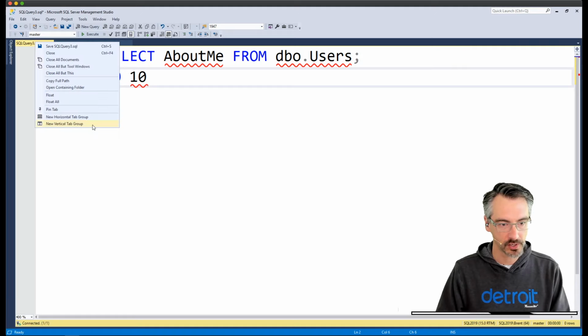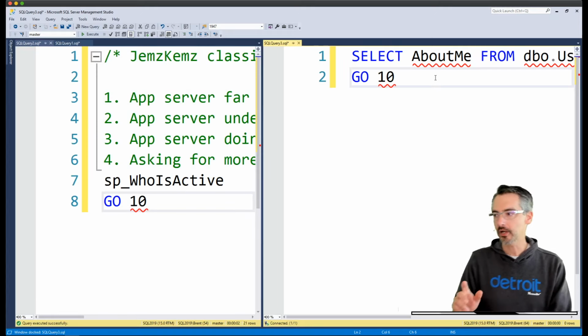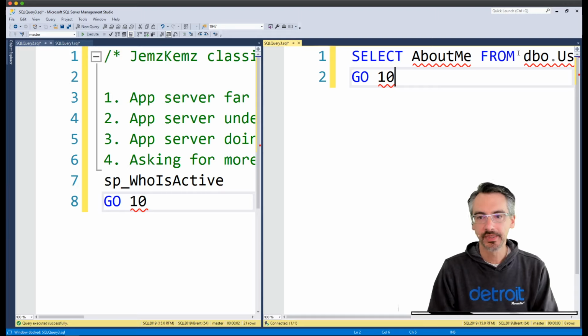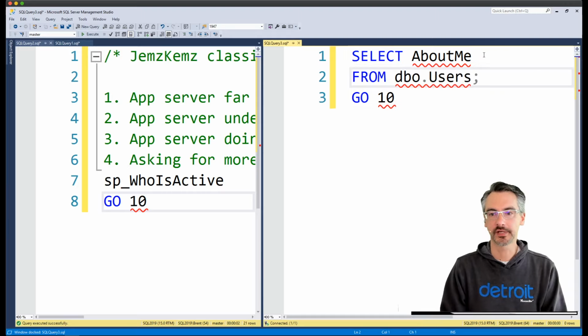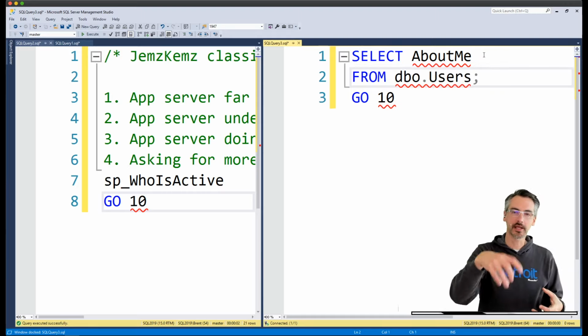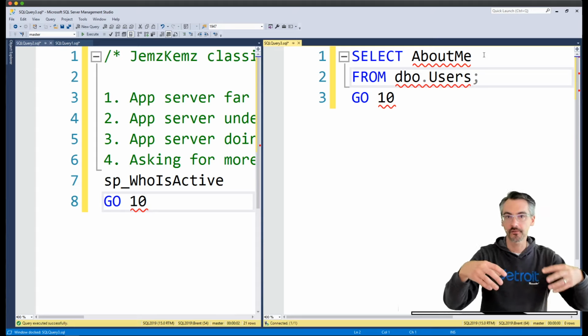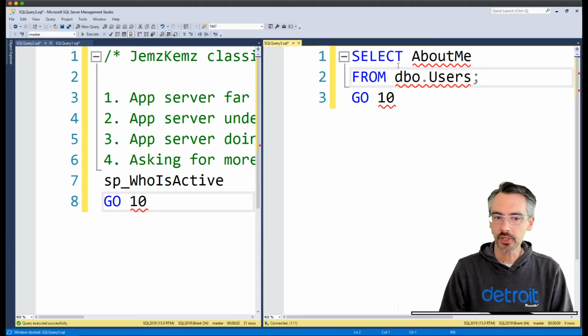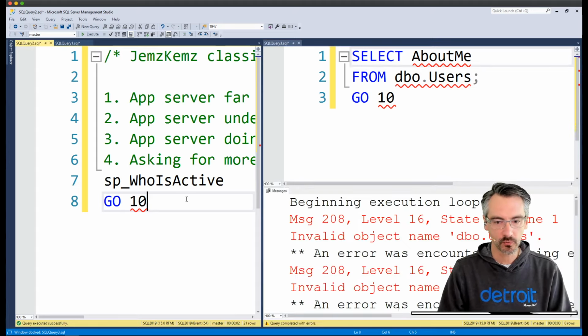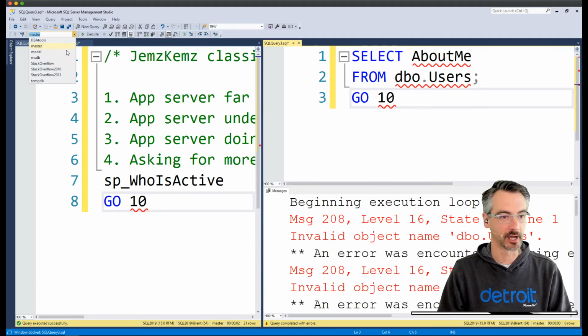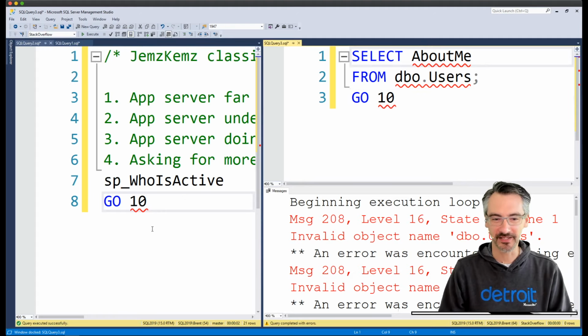Let's move this over into another window. So the query, just to make it crystal clear, there is no network involved here. I'm running a query against SQL Server from the SQL Server itself. So I'm going to start the query over on the right, get in the right database, and then I'm going to run it.